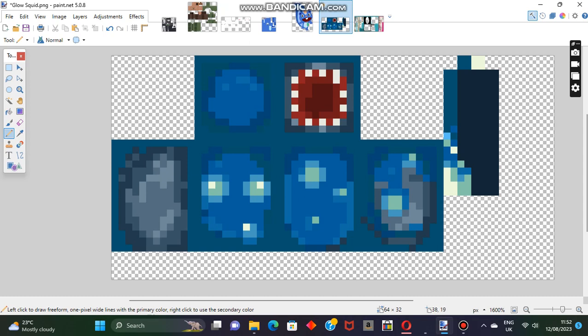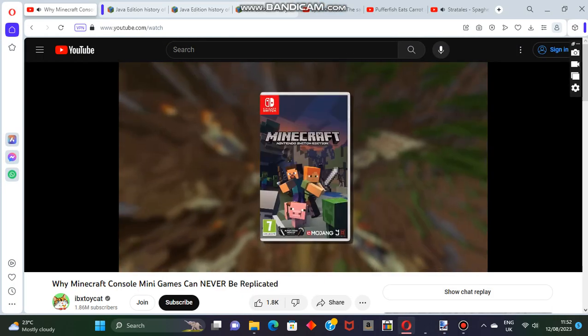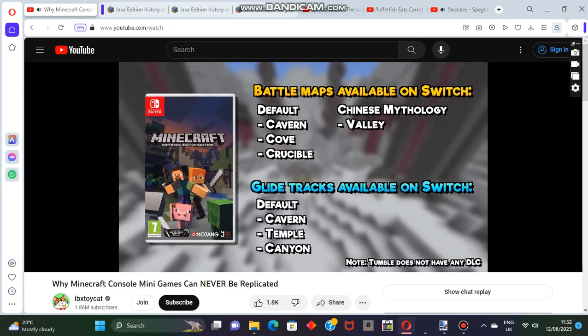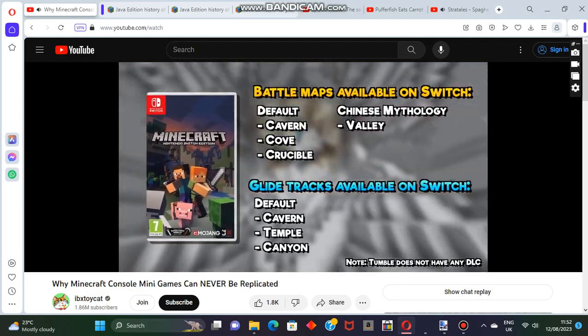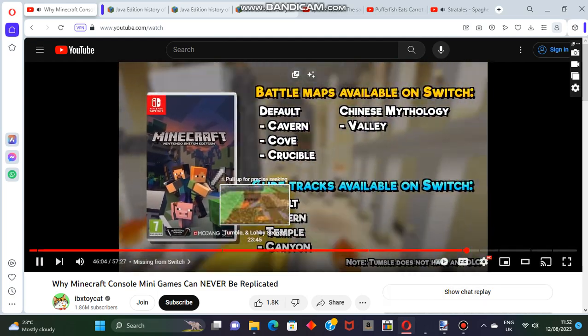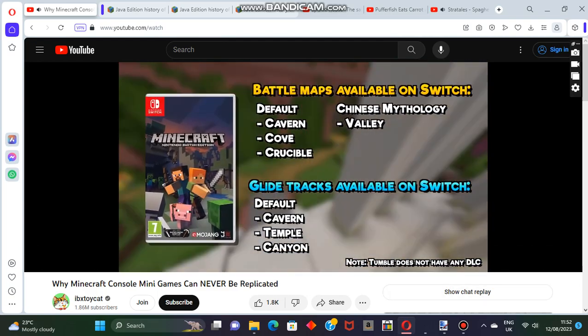7 separate platforms. All of those have every single one of the maps that I've mentioned so far for all of the editions of the game, with the one notable exception being the Nintendo Switch. That's right, not the Wii U, that super old console by the time this released. The Nintendo Switch edition of Minecraft has only one DLC map available. It's the Chinese mythology one, and all of the others are noticeably missing. And this is true in 2023, but it was true